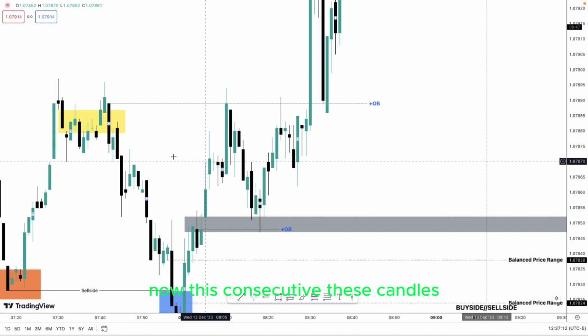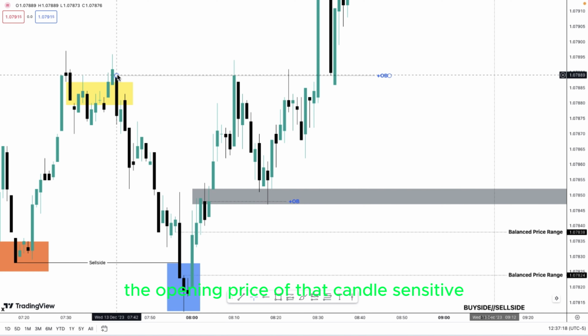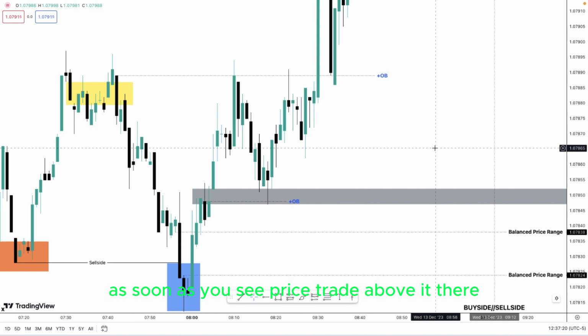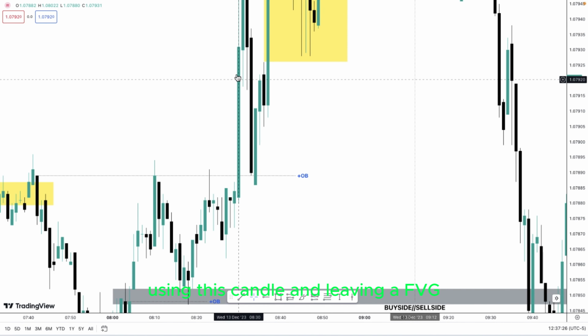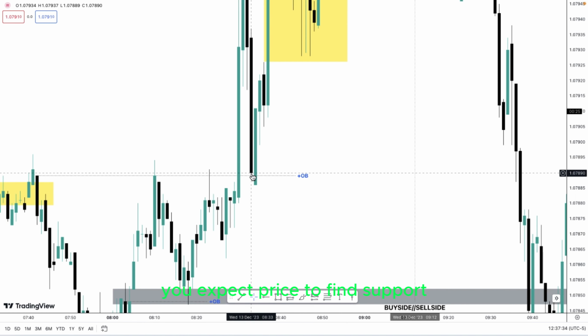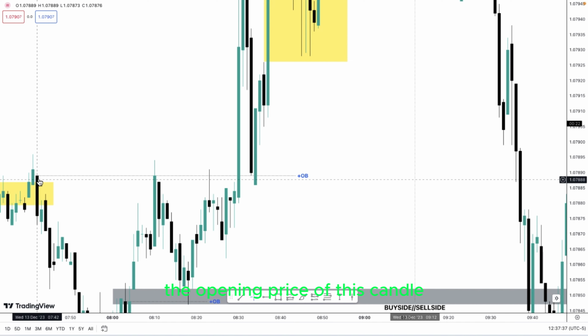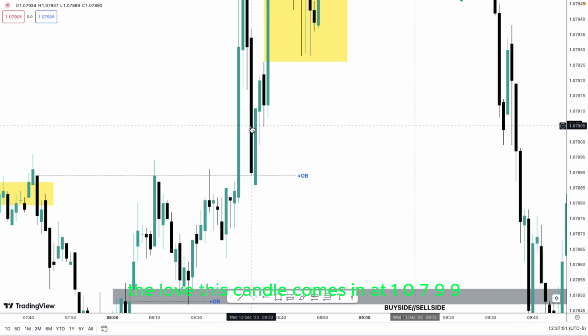Now, these candles, the opening price of that candle, sensitive. As soon as you see price trade above it there using this candle and leaving a favorable gap, when it comes back to it, you expect the opening price there, the change in the state of delivery, you expect price to find support. Can you see it finding support there? The opening price of this candle, you're looking at this O figure over here. The opening price of this candle comes in at 107889, while the low of this candle, looking at the L there, the low of this candle comes in at